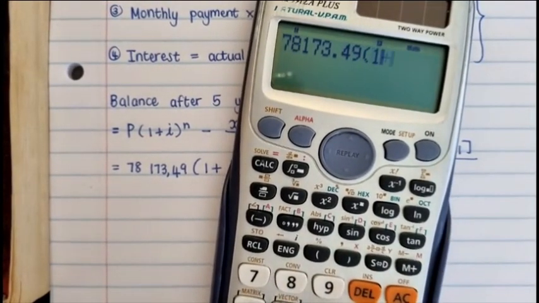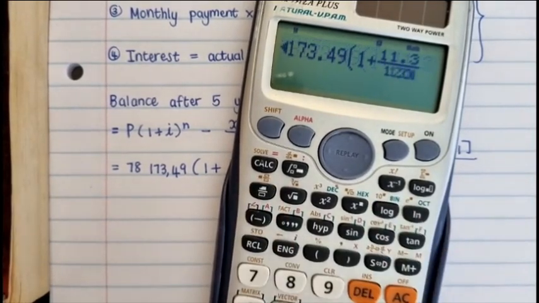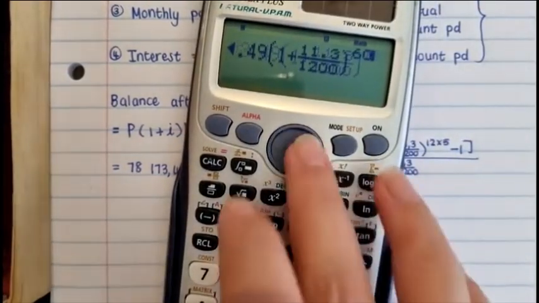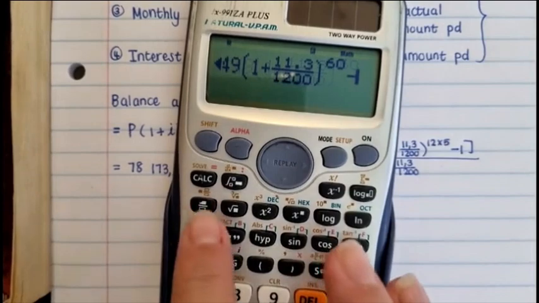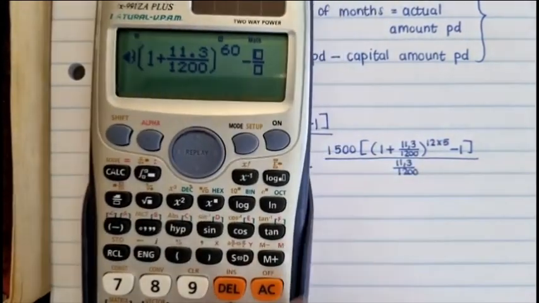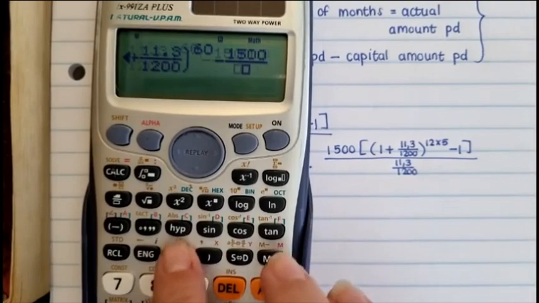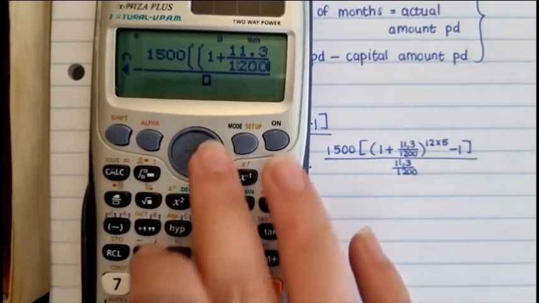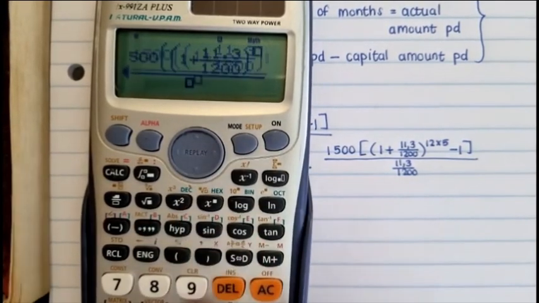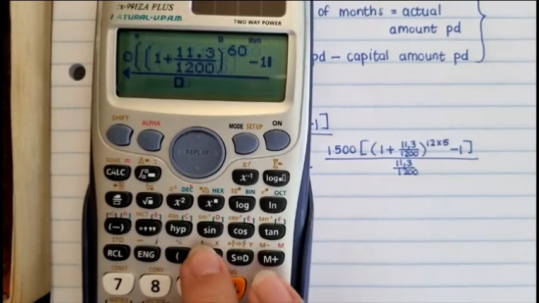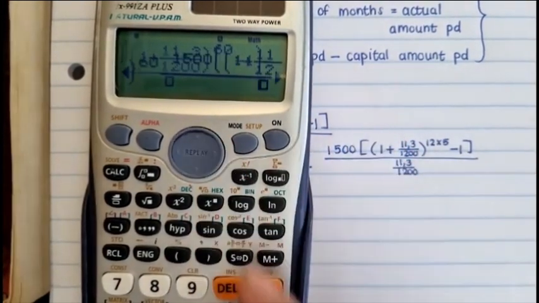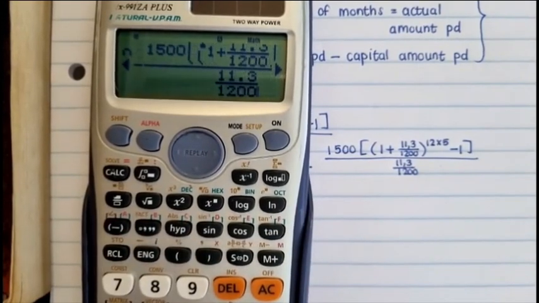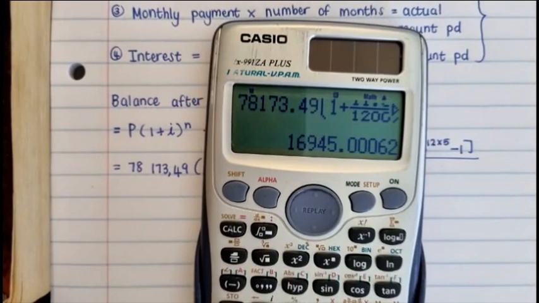Then we do our bracket, 1 plus 11.3 over 1,200 to the power of 12 times 5, which is 60, but you can type in 12 times 5, that's fine, minus, I'm going to do my fraction for this bit, 1,500, bracket, 1 plus 11.3 over 1,200, close bracket to the power of 60, minus 1, I'm going to close that outer bracket, and that is again over 11.3 over 1,200, and there we go, and that is the balance